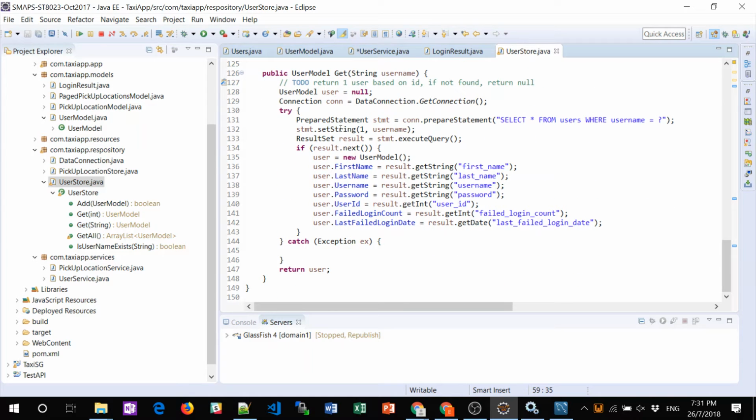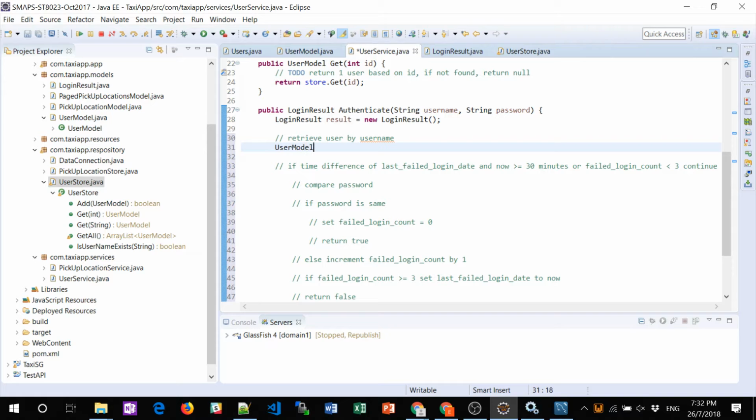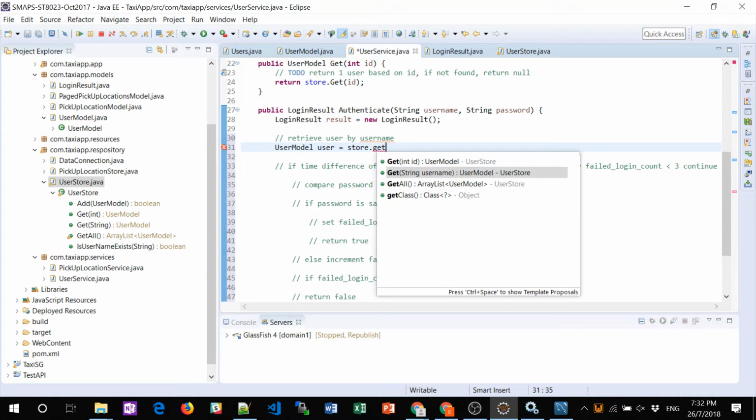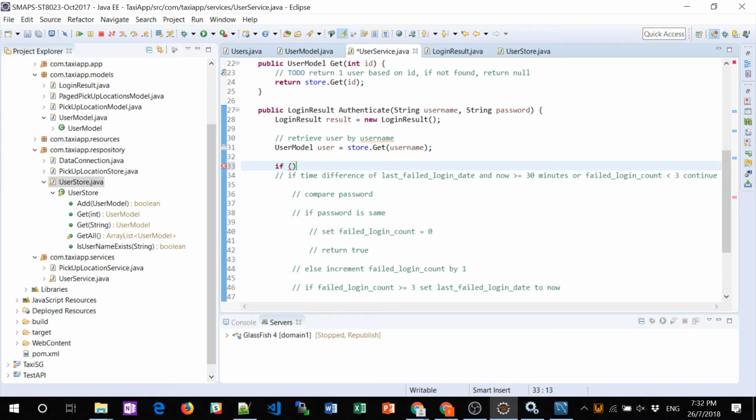So I have a get username, so let's retrieve a user model here by username. So the first part, get user by username, done. Now I need to check the time difference of the last failed login date, and whether it's now more than 30 minutes, and the failed login count. So an if statement: if user.failedLoginCount is less than 3, or